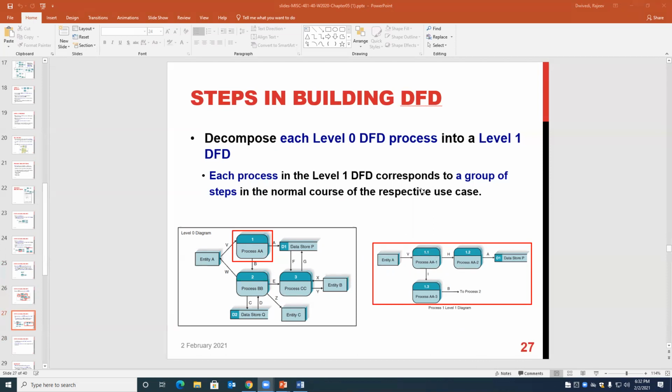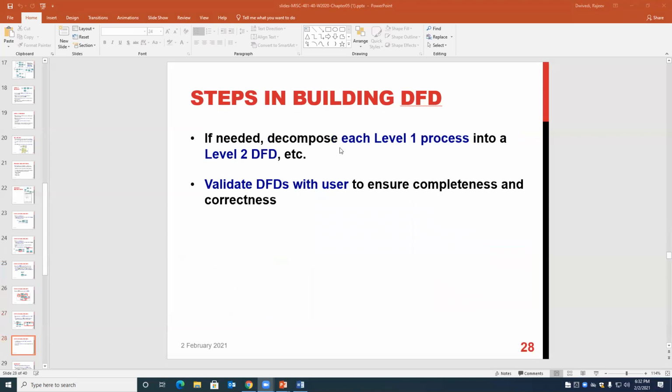Basically, one level is sufficient as of now, but in real life there are certainly sub processes under sub processes. So further you can do it. If needed, decompose each level 1 process into level 2 DFD. Normally, not needed. Validate DFD with user to ensure